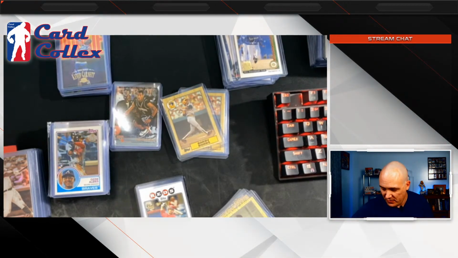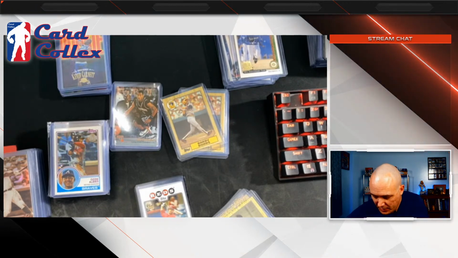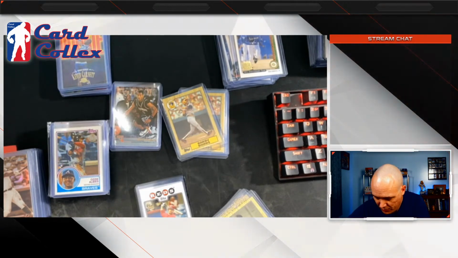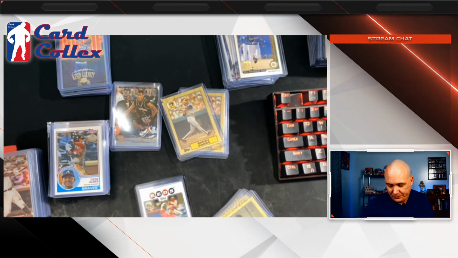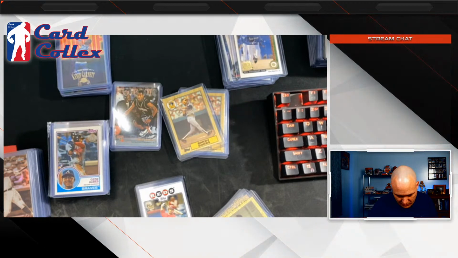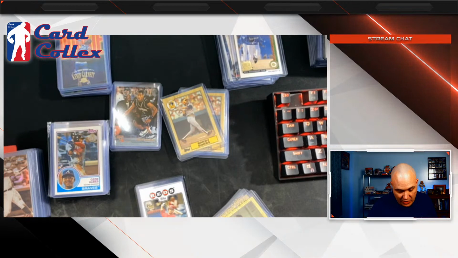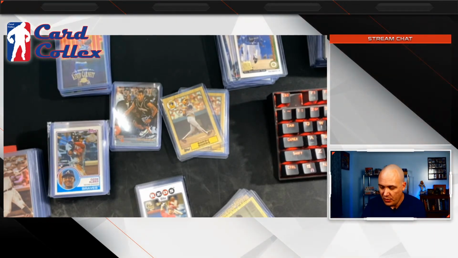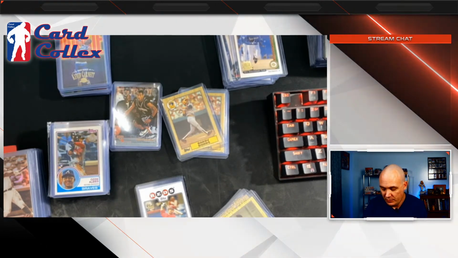For a player that was as good as Ray Allen was. This is the 75th anniversary of the NBA, so I'm expecting a lot of attention to be put on some of these guys that haven't gotten a lot of attention lately. And there again, I do think a lot of people are going to be selling off their modern basketball towards the end of this season.